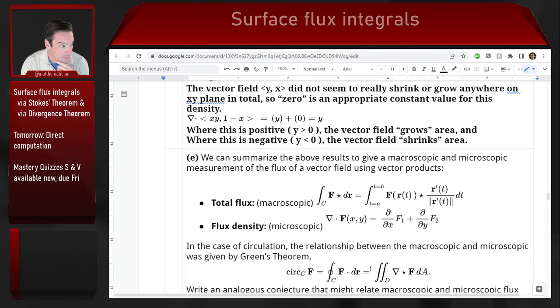we had this idea about the total flux of a vector field as being the integral of the scalar cross product of a vector field with a unit vector that faces in the direction of the parameterized curve. And then the flux density was that flux divided by the area that's bounded by the closed curve that we're integrating over. In the limit, as that area shrinks down to 0, we get this quantity called the divergence, which is the x partial derivative of the x component added to the y partial derivative of the y component